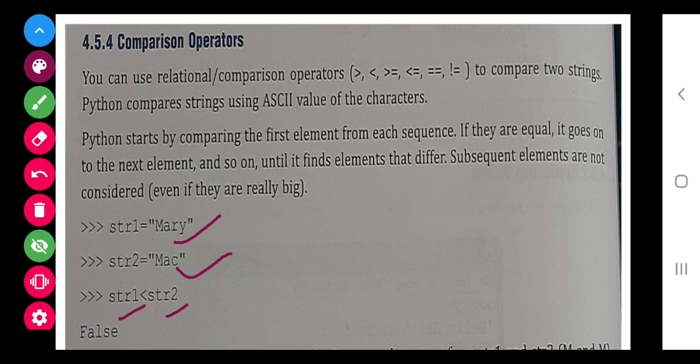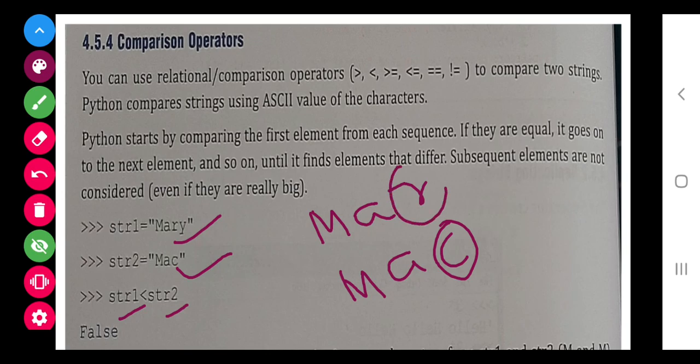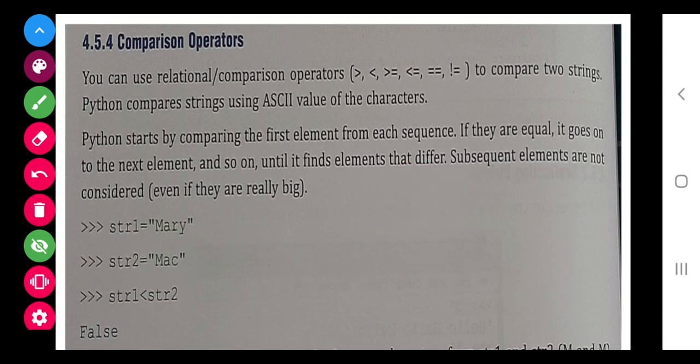It is coming false. Why? Because M of Mary is equal to M of Mac. A of Mac and A of Mary are equal. R of Mary and C of Mac, here they will compare that C is smaller than R, but they have asked whether string 1 is smaller than string 2, so it is false because this is greater than this.